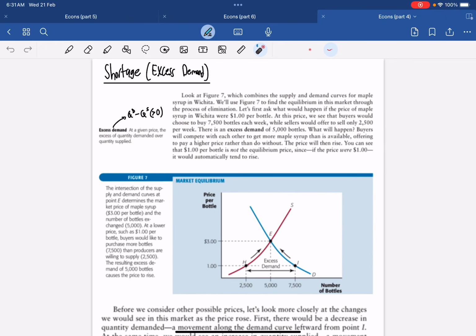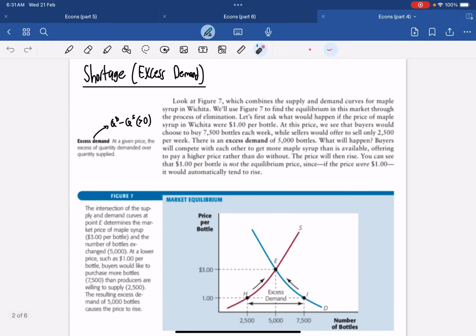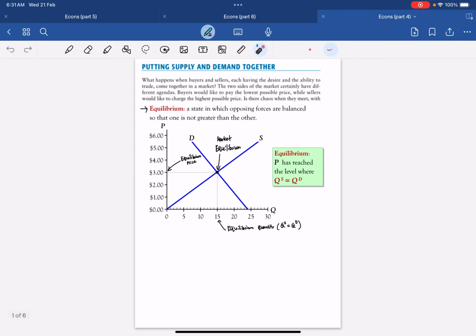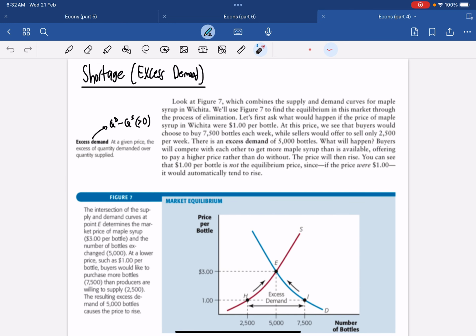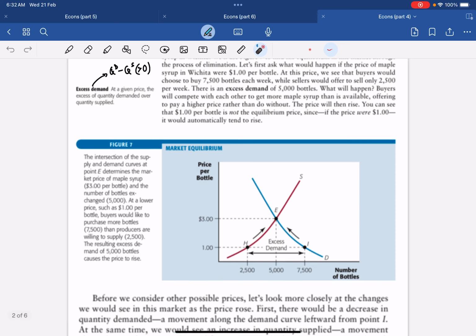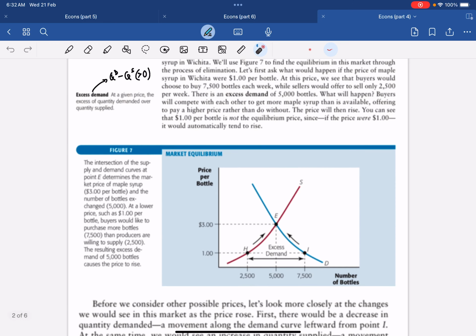So you might ask, why do we want to produce at this price point? Well, let's first determine what happens if we produce at a price that is lower than this equilibrium price. If we produce at a price that is lower, then we realize that there will be excess demand. For example, if you look over here, the equilibrium price is $3. If you produce anything less, the quantity demanded will